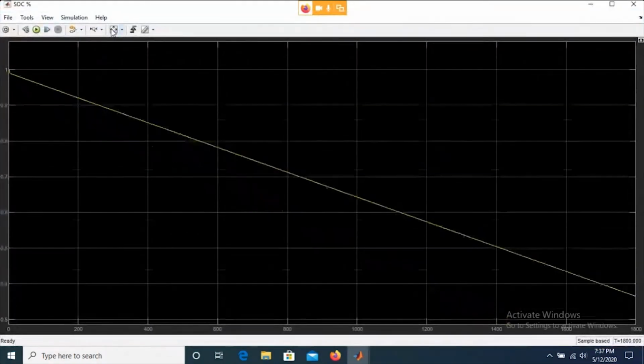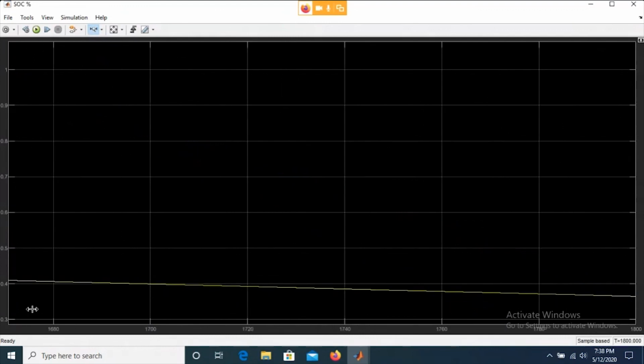So here 1 represents 100%, and what is the value at 1800 seconds, right? Let me show you the value at 1800 seconds. So let me use this. So here it is 0.4, right?